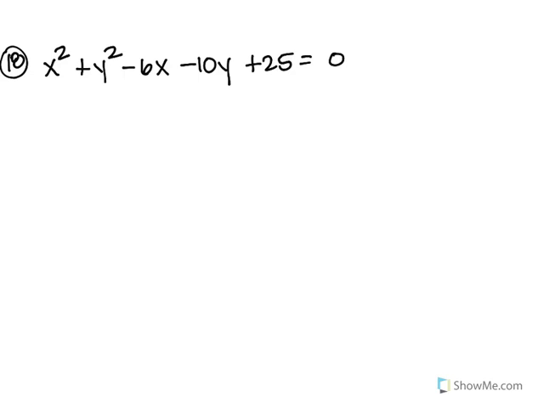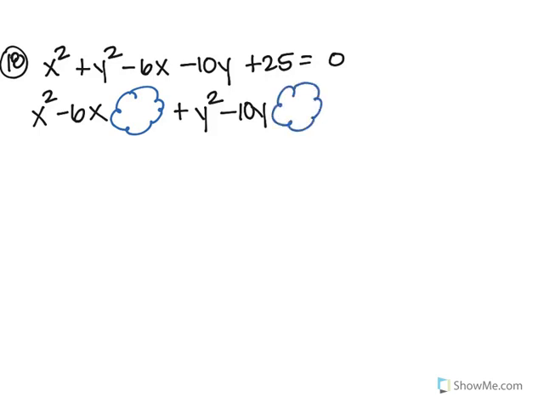So first, we're going to group our x's together and group our y's together. So we have x squared minus 6x and a bubble, or you can do a circle or a square or a line, but you don't put a number. You need a space there for a number. And then we got plus y squared minus 10y and a bubble